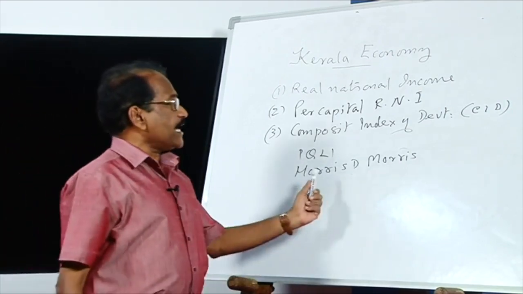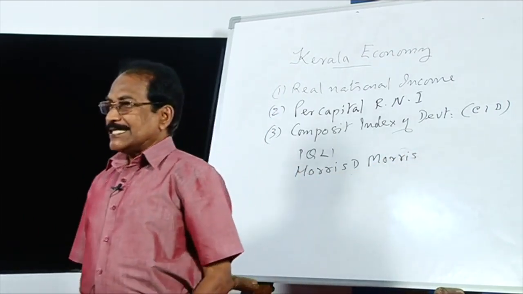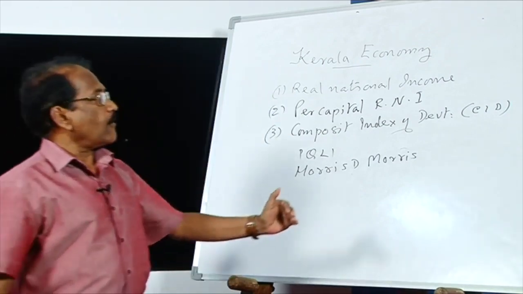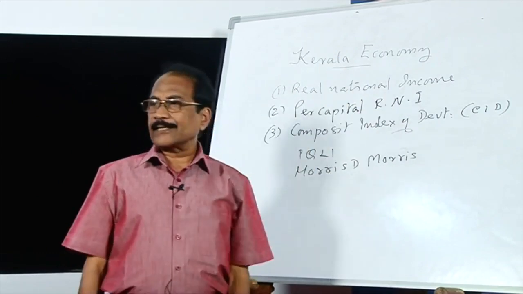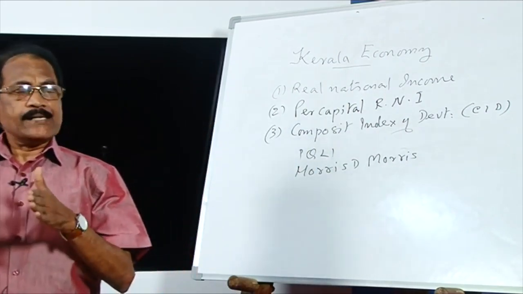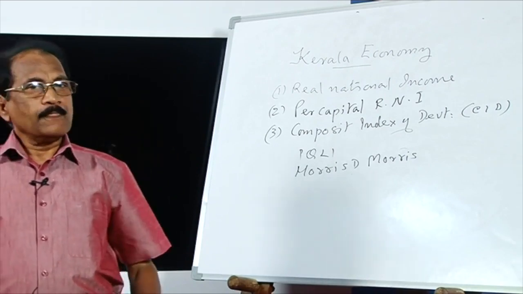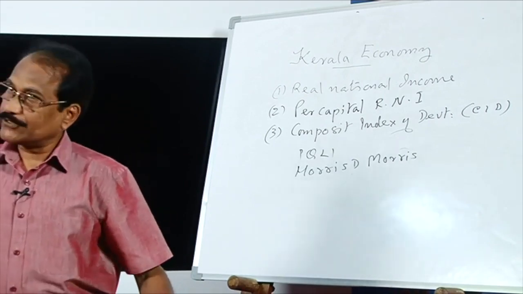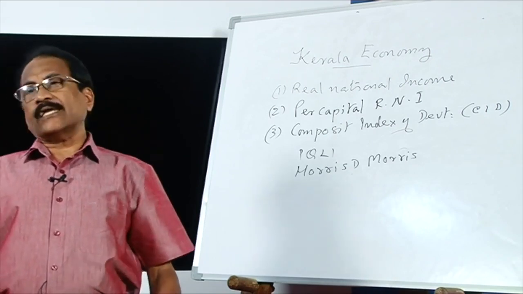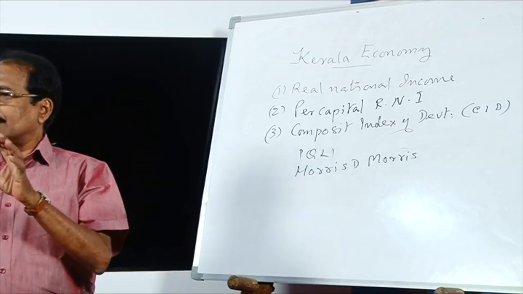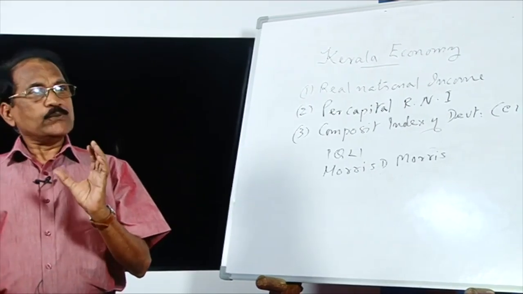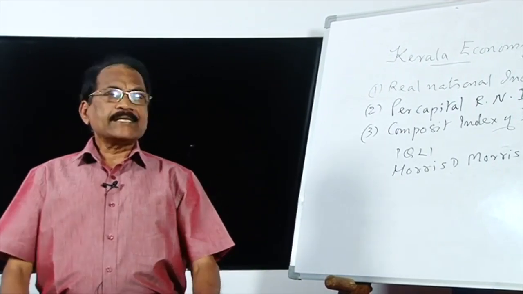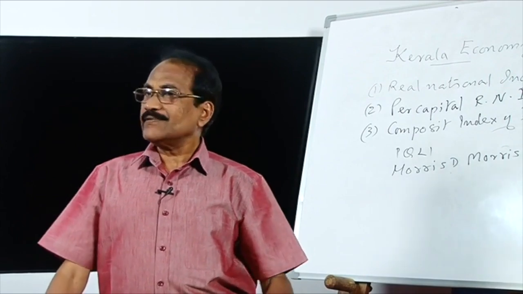When this Physical Quality of Life Index, a CID, was published as an indicator of economic development, deviating from the earlier mono criterion of real national income or per capita real national income, a new approach was taken, and this subject became an interesting topic for research studies. Many research institutions and universities took this as a subject for their study. How far are PQLI and economic development related? It was an interesting topic to many of the institutions and universities.